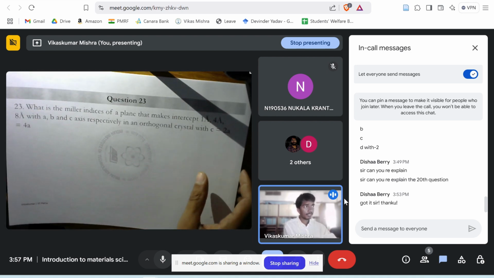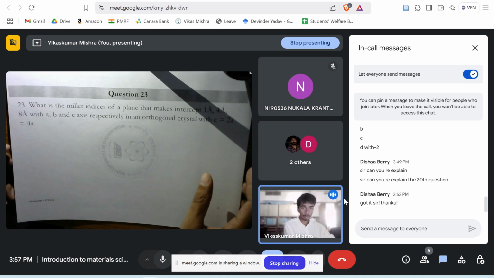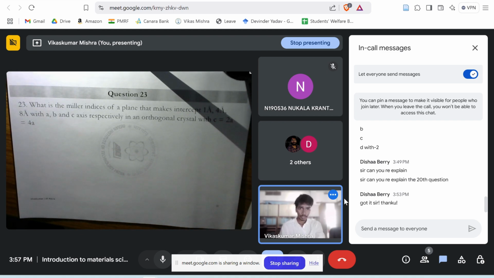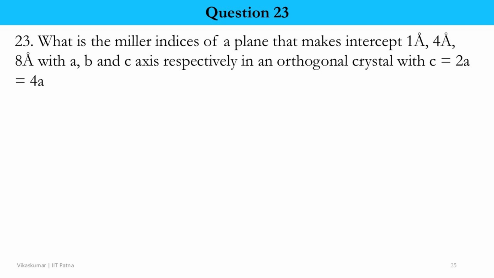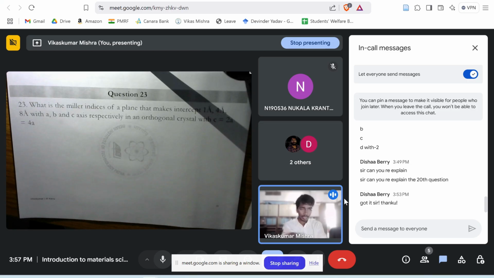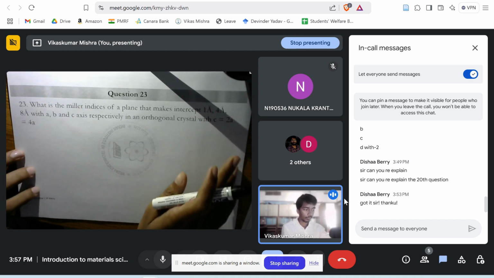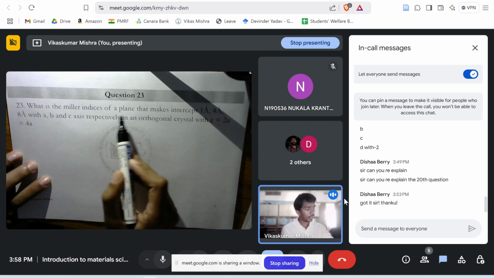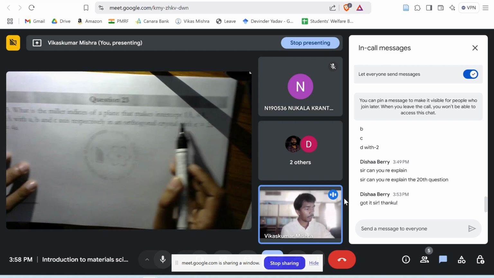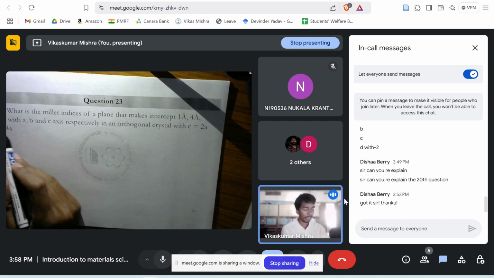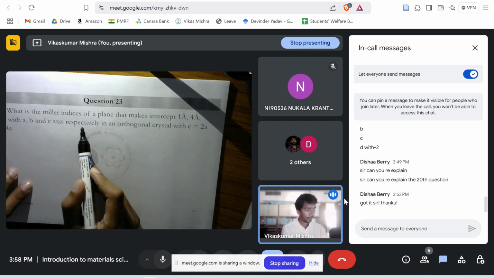Now, this is a very interesting question, and it is somewhat similar to your assignment question. I made it a little extra complicated. See, I cannot solve the assignment question itself, so I have to modify it, and so we can now discuss this. And the assignment question, you will feel is comparatively easy for you. What is the Miller indices of a plane that makes an intercept of 1 angstrom, 4 angstrom, and 8 angstrom with the A, B, and C axes, respectively, in an orthogonal crystal,